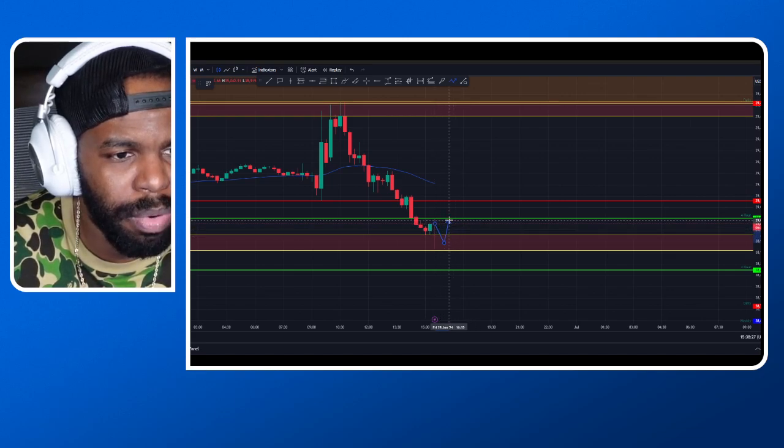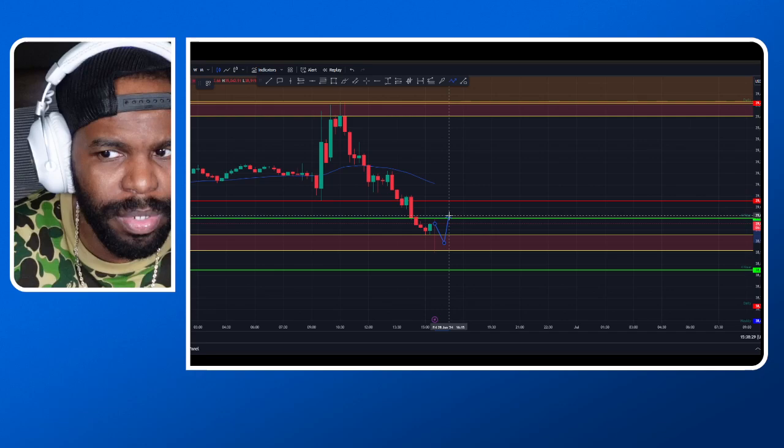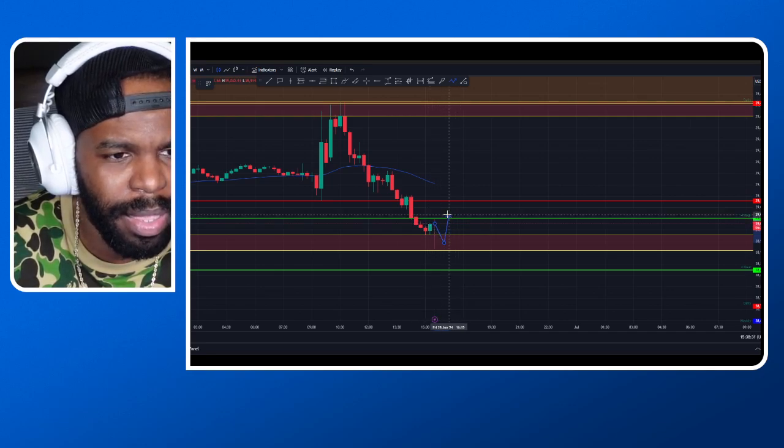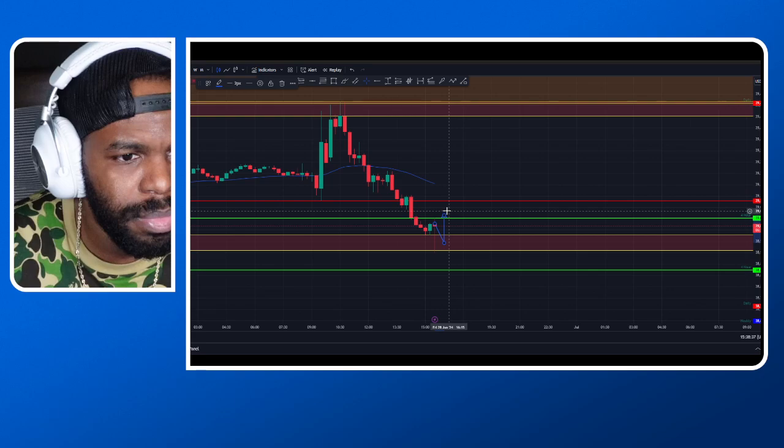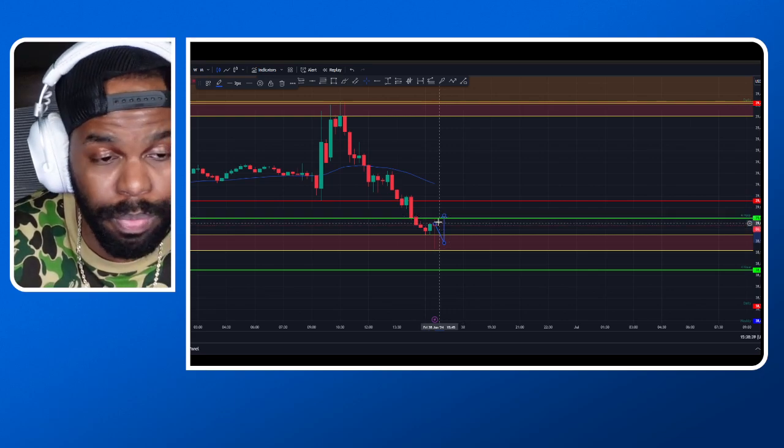And then once price breaks that lower high, then we are in the uptrend. We created a higher high here, and then we're doing it. We basically created a